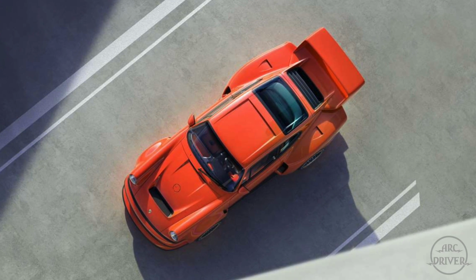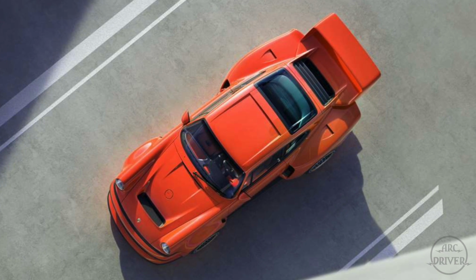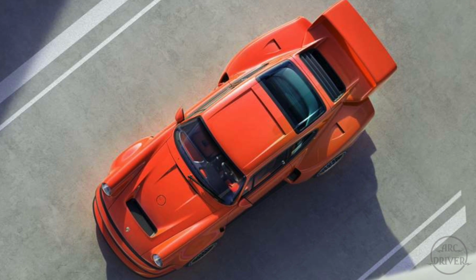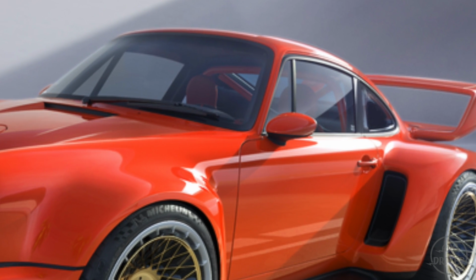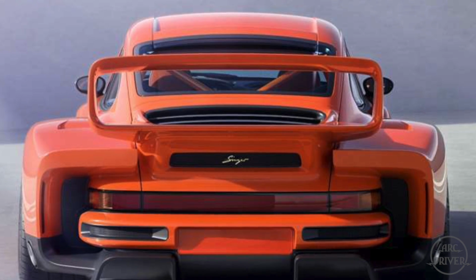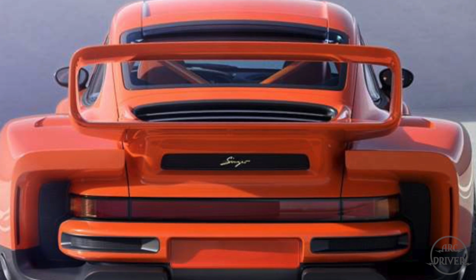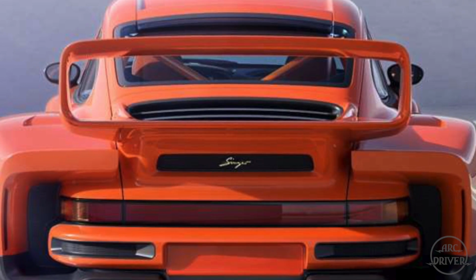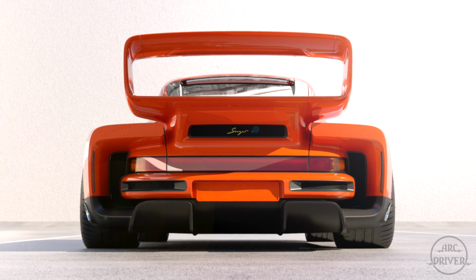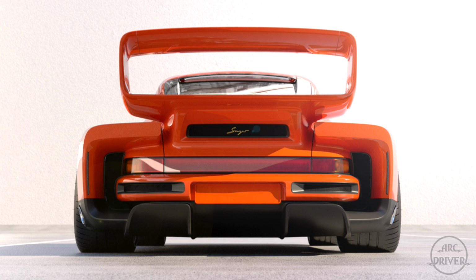The rear quarter window intakes are carried over from the original DLS, as are the center air channel in the roof and the spoiler above the rear window. The side view mirrors have been completely redesigned to minimize drag. The rear deck lid features airflow louvers and a huge adjustable wing that is nearly identical to that of the 934.5. From a design perspective, the rear of the car is no doubt the most impressive angle of the DLS